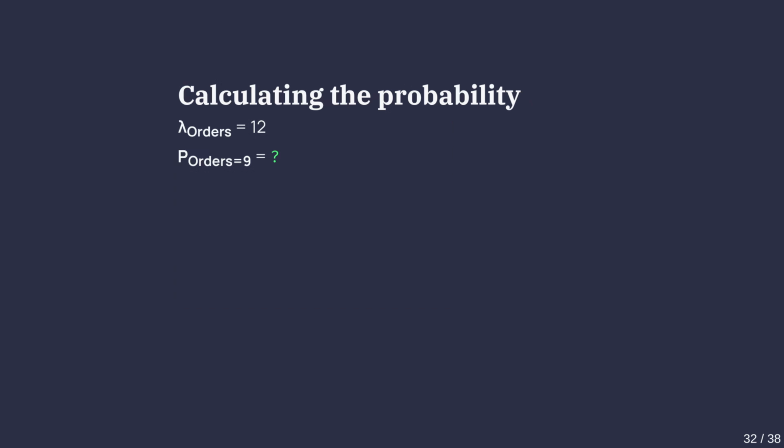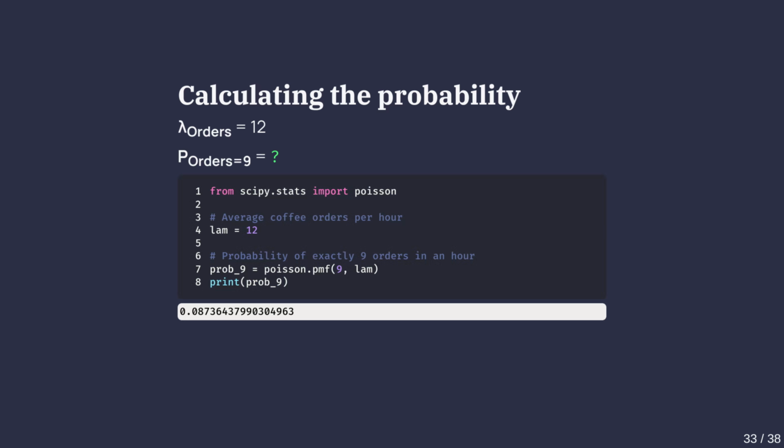Now that we have a firm grasp on Poisson distribution, let's ask the following question. What is the probability of 9 coffee orders per hour if the average is 12? We'll use the PMF function, also called the probability mass function, from scipy.stats to calculate this. We'll import Poisson from scipy.stats and then call the PMF function with 9 as the first argument and 12 as the second. We see that the probability of 9 coffee orders per hour given lambda equals 12 is 0.087